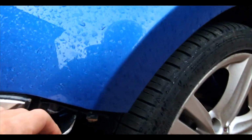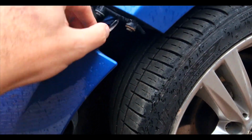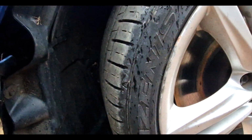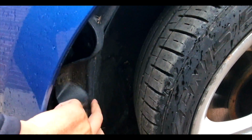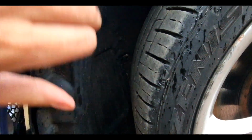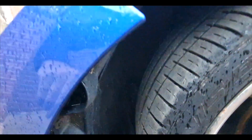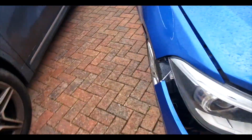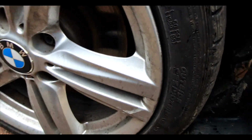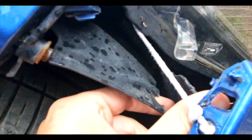Anyway, the bumper's been tied in, but the inner liners seem to be okay, even though ever so slightly cracked. Let's just check this one. Yeah, see, it's broken at the top here. And then, as I say, we've just got...